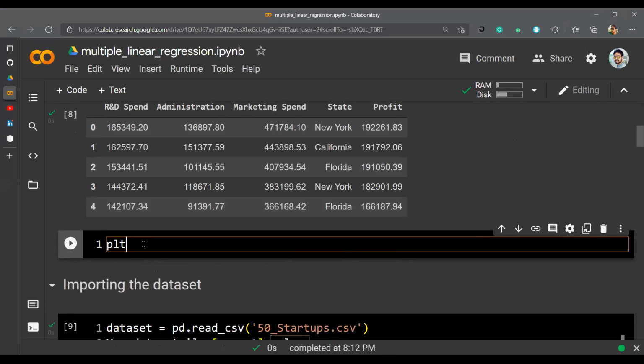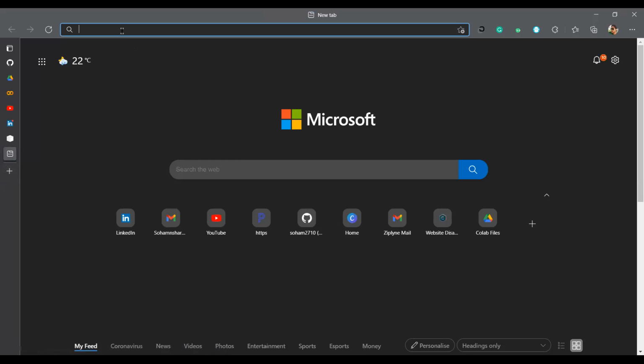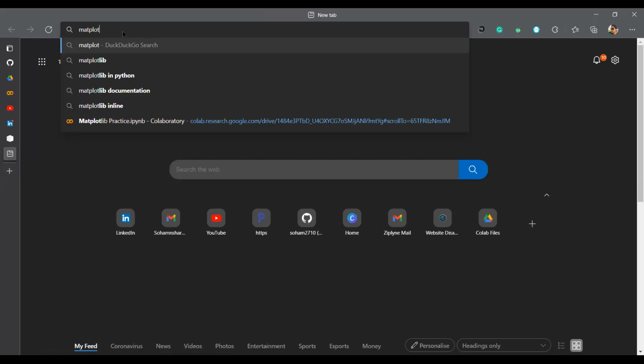Okay, what do I plot? Plot dot, what else can we use? Someday, you don't need to remember all these codes. That is completely available on Google. So I would suggest, if you know something, that is fine.